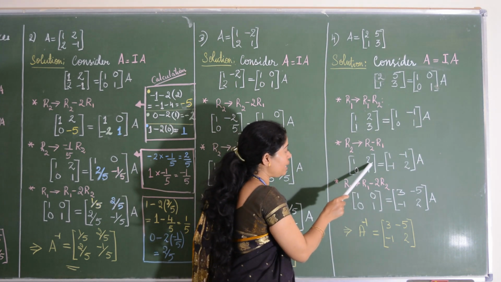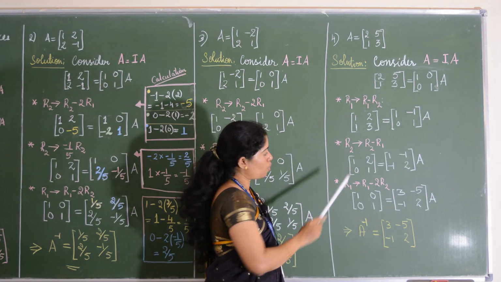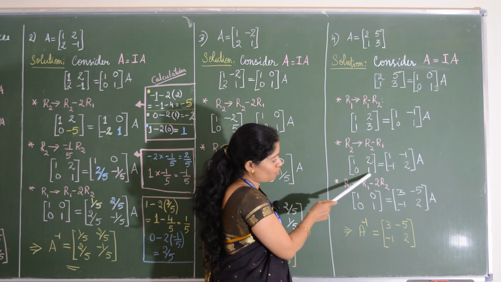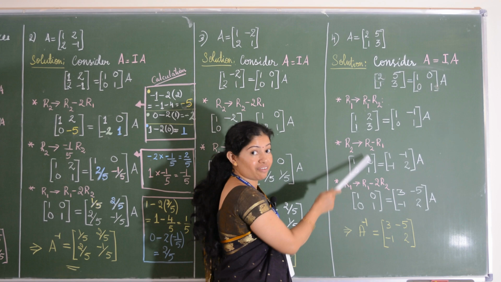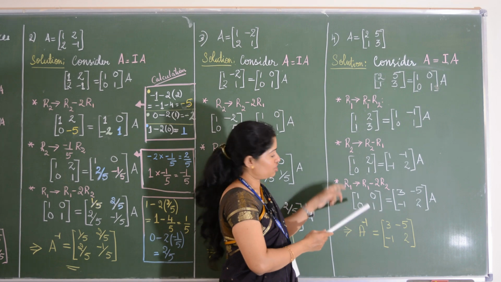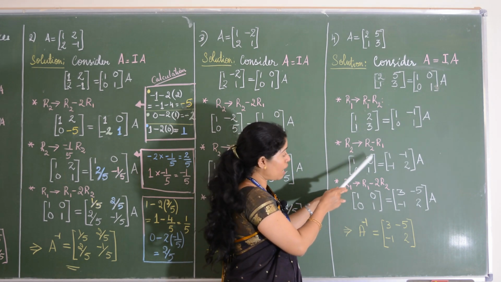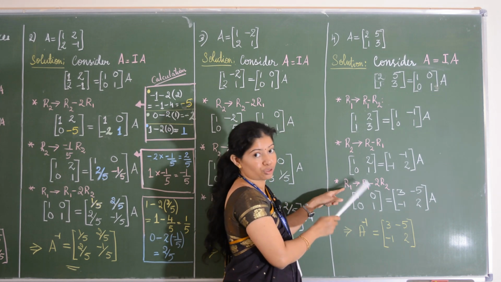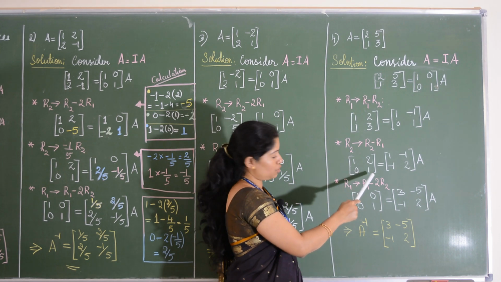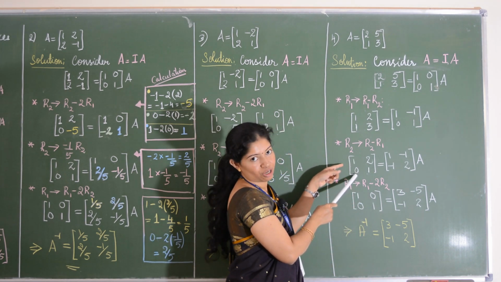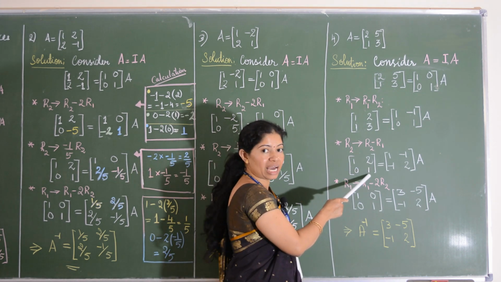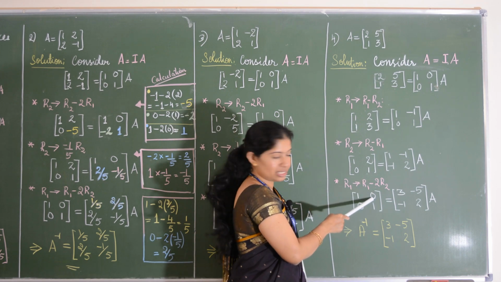Next, we have to make this entry as a 0. So here you have 2, here you have 1. So if I multiply second row by 2, then it will become 2. Then if I subtract, 2 minus 2 will become a 0. So you need to apply the operation, for which one? You have to apply to the first row. So R1 changes to R1 minus 2 times of R2. So 1 minus 2 times of 0 is 0. 1 minus 0 is a 1. 2 minus 2 times of 1 is 2 minus 2, that is 0.